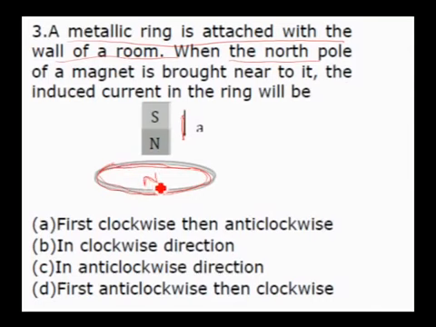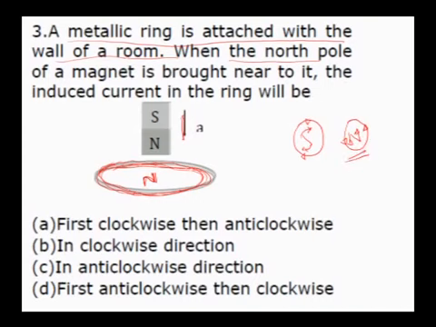To make the coil or the copper ring act as north, the current in the copper ring should be in an anti-clockwise direction. I will take an example. If this is the circular coil, and the current in the circular coil is in clockwise direction, that face of the coil will act like south. But if the current in the circular coil is in anti-clockwise direction, then that face of the coil is behaving